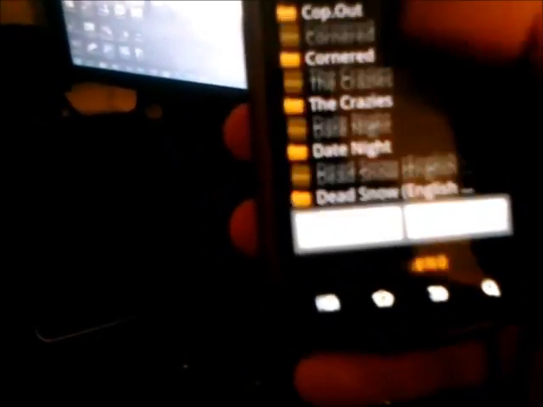But these are all the movies that I have on my computer. Obviously I just stream them to my computer already, just doing it straight on. So I really don't need this, but you know,